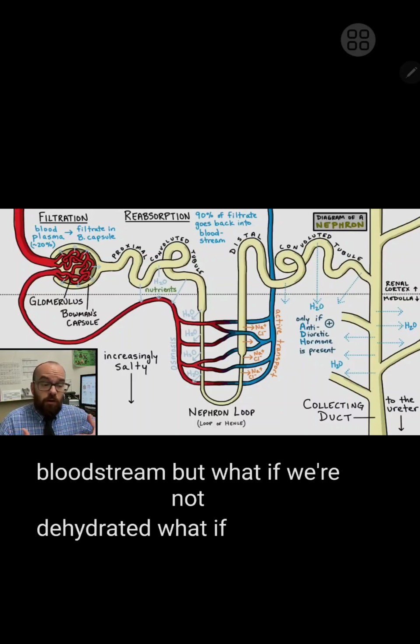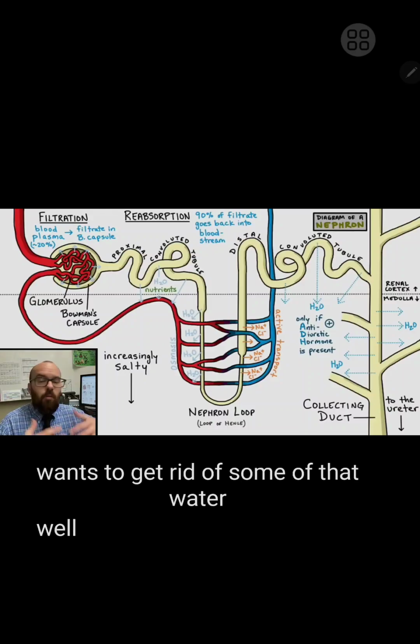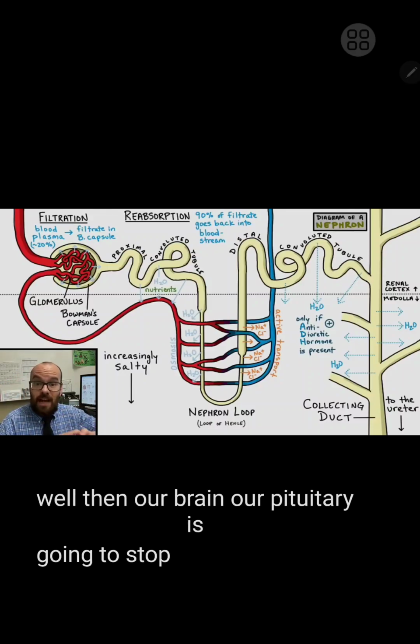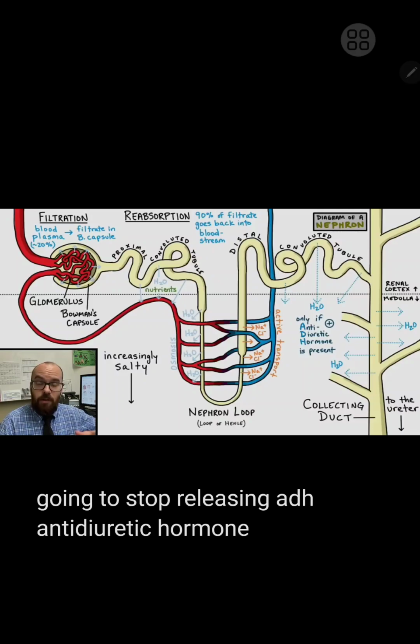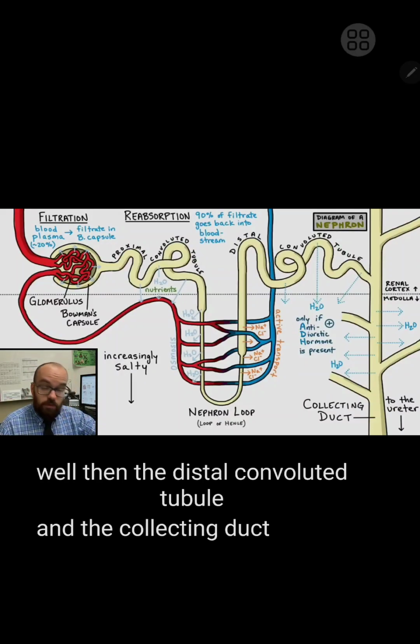But what if we're not dehydrated? What if we've been drinking plenty of water and our body actually has more water than it needs and it wants to get rid of some of that water? Well, then our brain, our pituitary, is going to stop releasing ADH, anti-diuretic hormone. If anti-diuretic hormone is not present, well then the distal convoluted tubule and the collecting duct will not be permeable